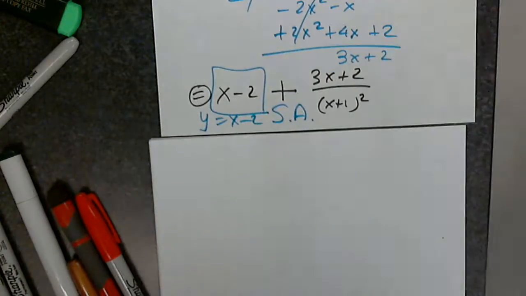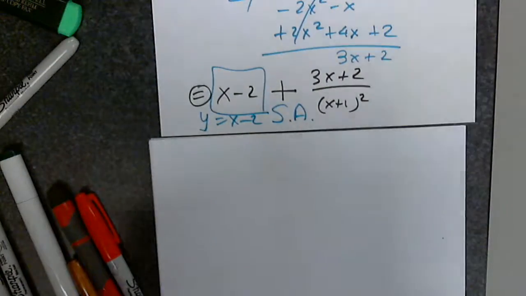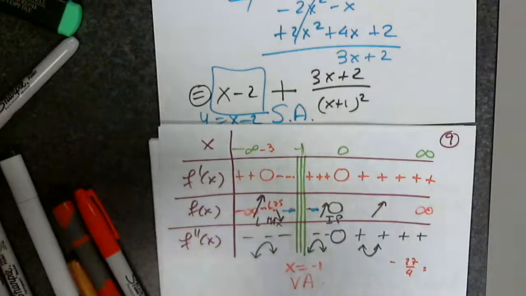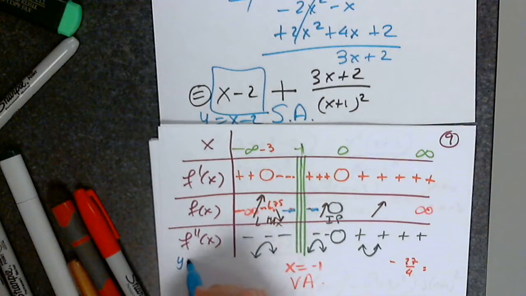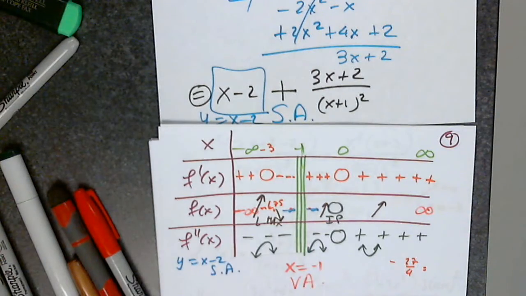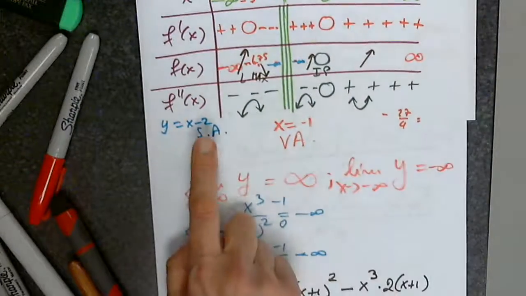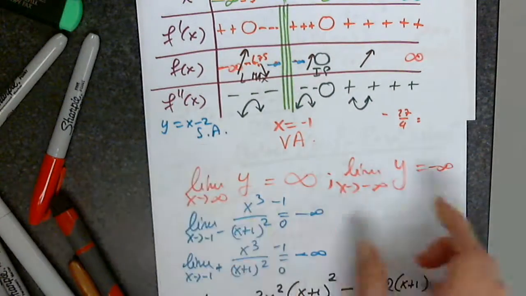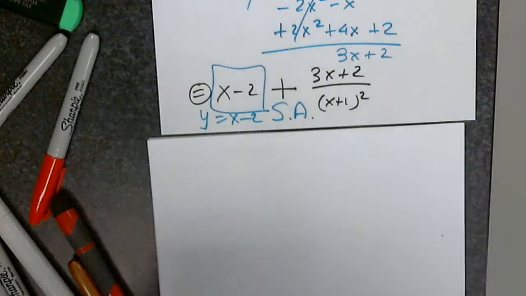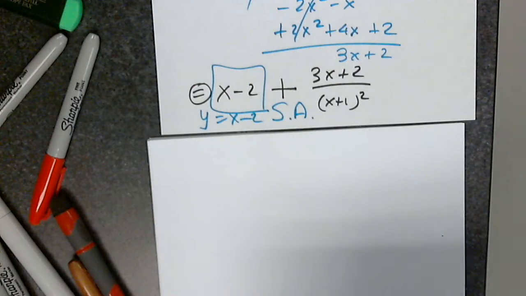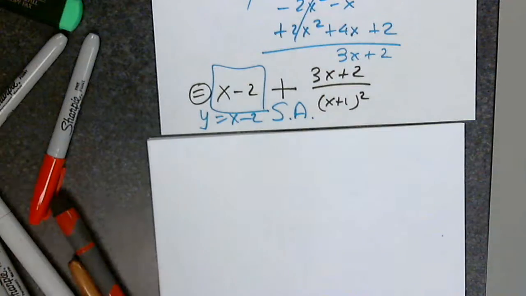So now we can go back, and next to the chart somewhere I make myself a note. Y equals x minus 2 slant asymptote. And now I do have all the information needed. So when we graph a function with asymptotes, what do we have to graph first? The asymptotes. Let me